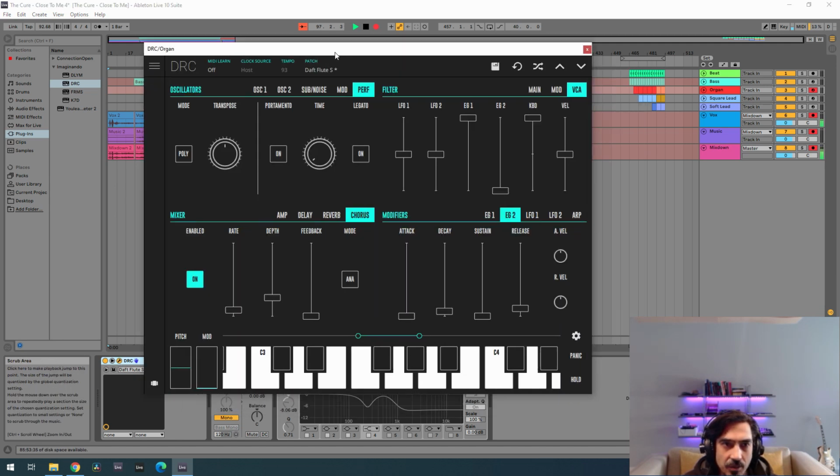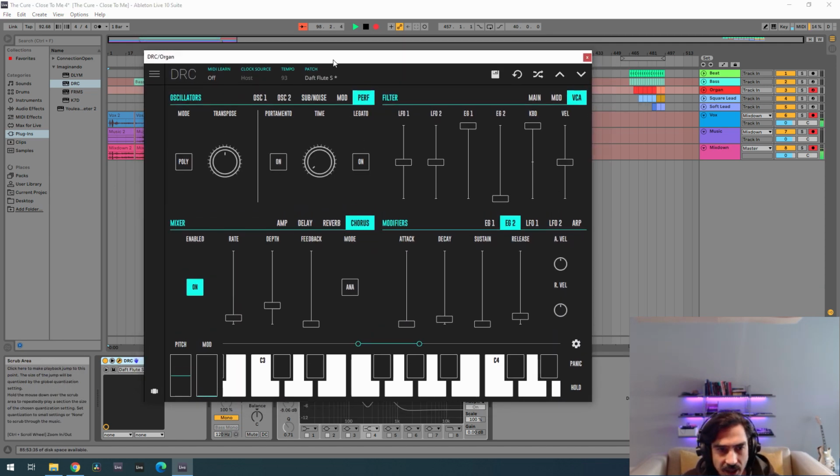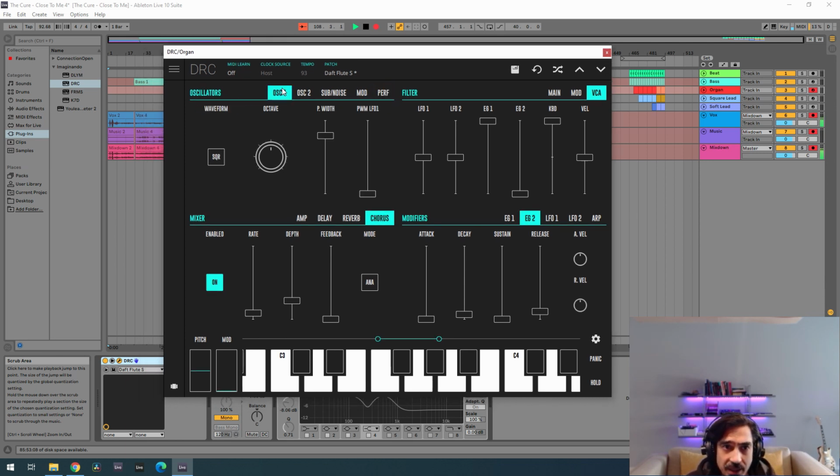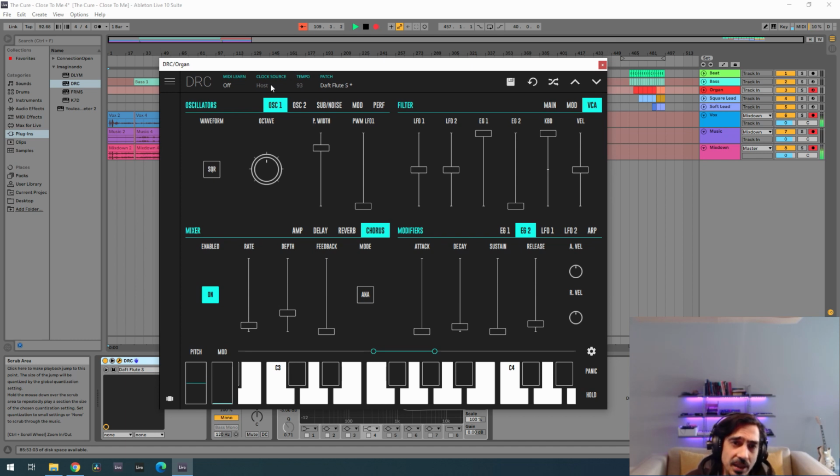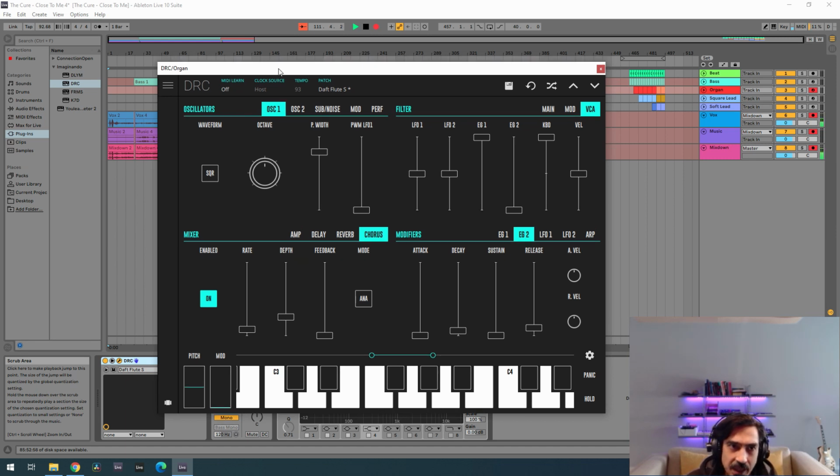First thing that we think about when we think about an organ, we normally think about square waves, and that is because the lack of certain partials on the square wave is basically the best way to simulate woodwind instruments. And an organ is based on a woodwind instrument. So it's actually the best thing to do organs. So if you get a square wave and then you tweak with the pulse width, you might get the tone that you're looking for on the organ. And so I advise you to go through that.